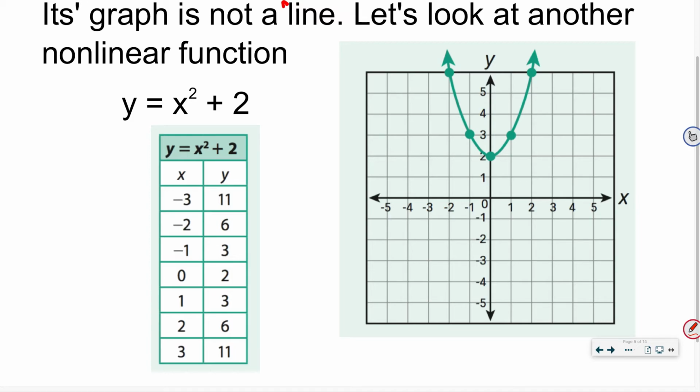Again, you can see on the table that the growth is not constant, and I can check it. My x values are increasing by 1. That's not the issue. My issue is here. What's the change for my y value? -5, and then -3, and then